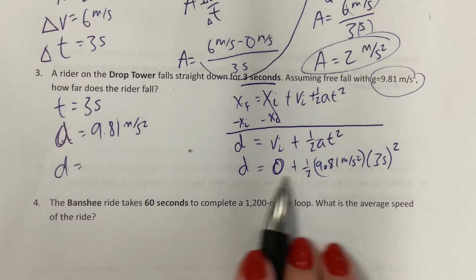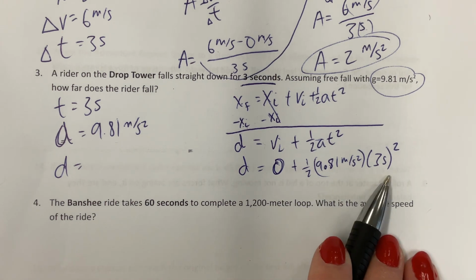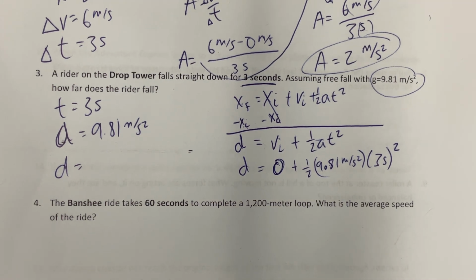Now we're just gonna type this in our calculator and do it. So it'll be 1/2 times 9.81 times 3 squared. So 1/2